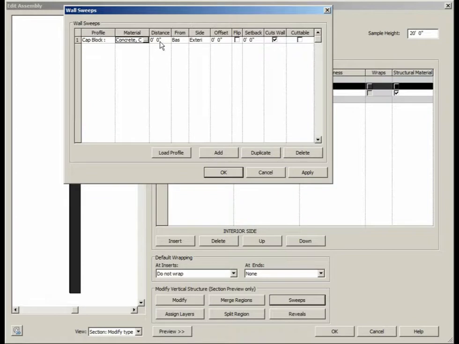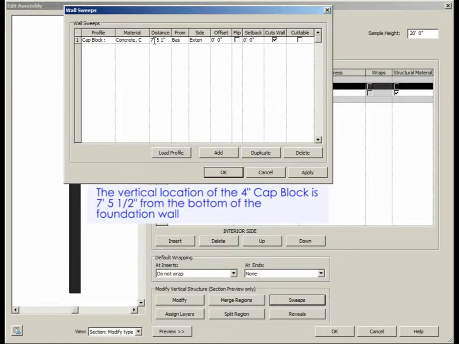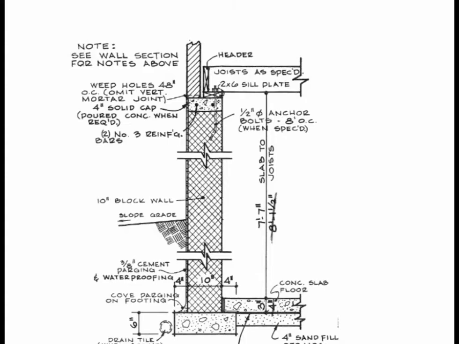For the distance that the cap block is from the bottom of the wall, it will be 7 feet 5.5 inches from the base. To determine the height of the cap block from the bottom of the wall,